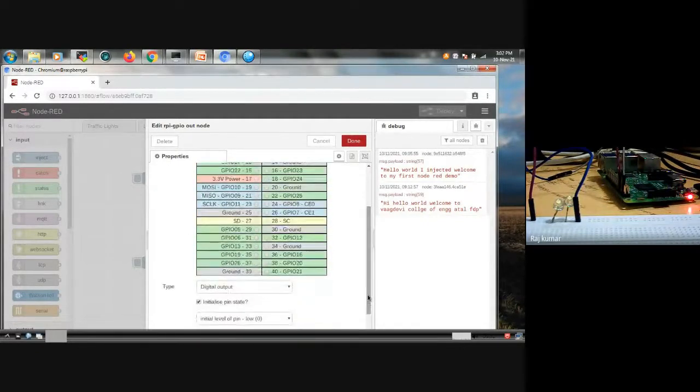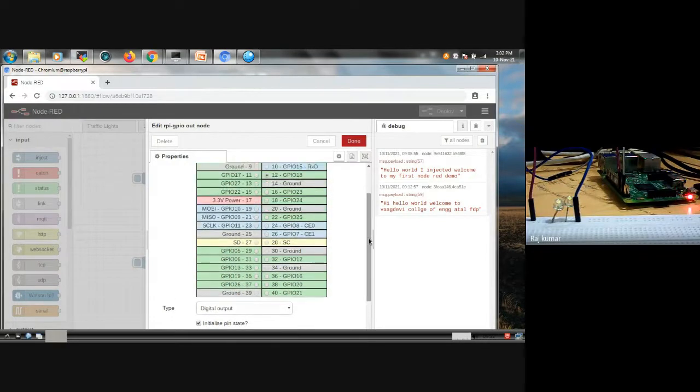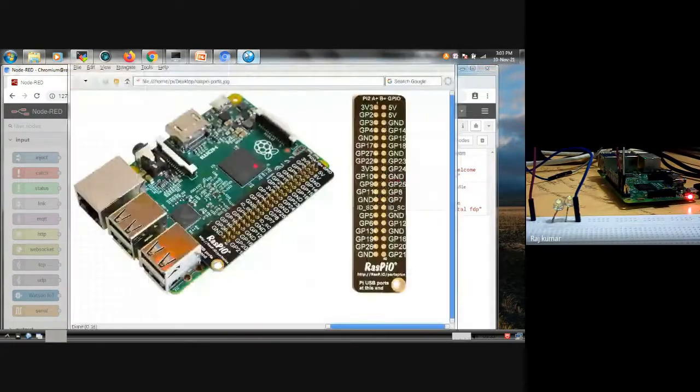Here they won't specify any ground. If you want, you can do it, but here we can select only one pin at a time. It is not allowing me to select ground, so ground should be taken care of by the user itself. In the layout, you can see so many GNDs. At the right side, you can see the third one, GND. Like that, some grounds are already there on these GPIO pins. You can use any other GND for the negative terminal of the LED or any other device.